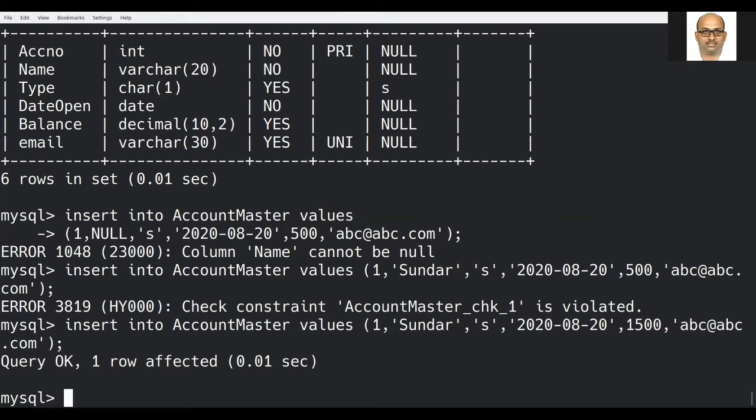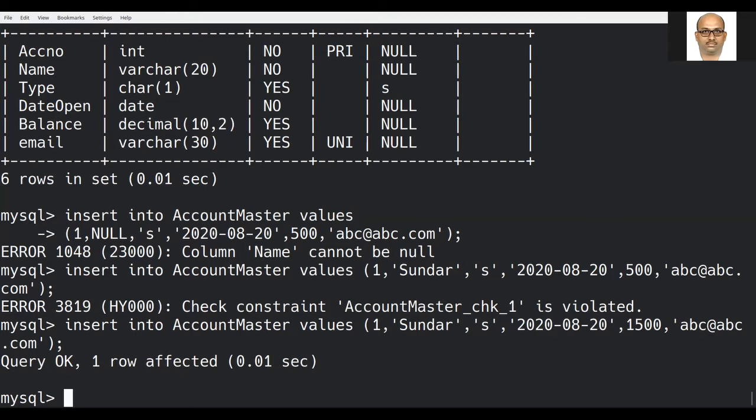That type of condition can be enforced using this particular constraint called check. So now what have we tested? We have tested not null, and then the check constraint.